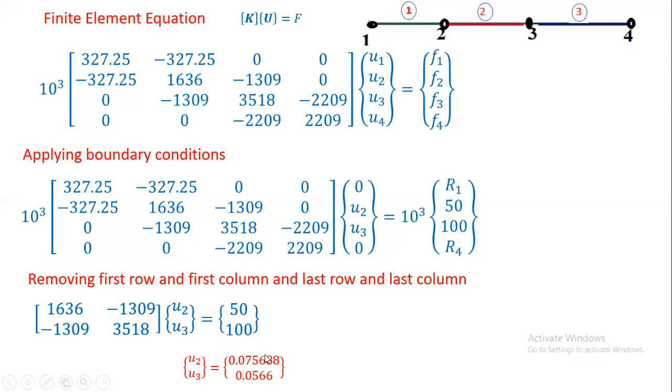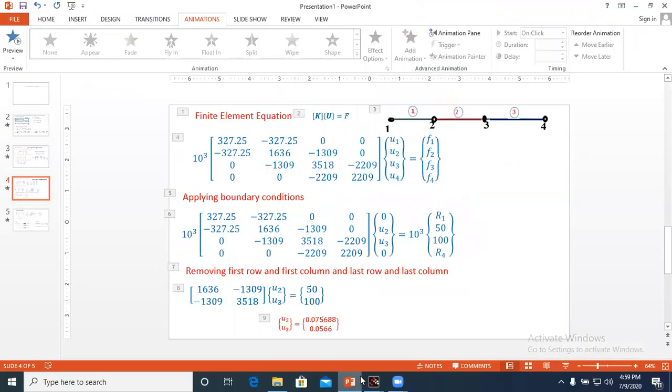Now how can we write the programs, how can we extract this? You see here it is the second row and second column, and this is the second row and third column. That means we have to extract the second row, third row, and second column, third column. In Scilab, we can extract any element of the matrix. How can we do this?